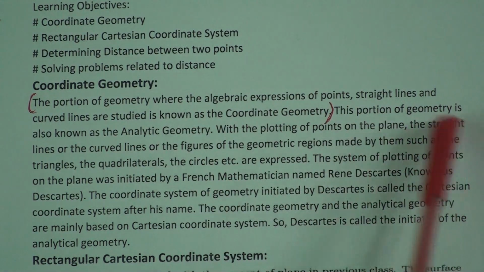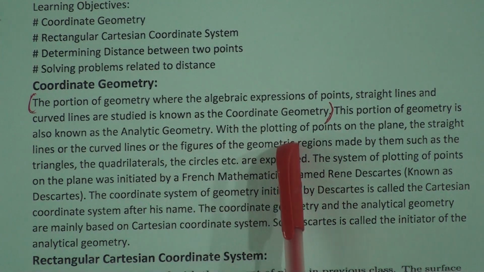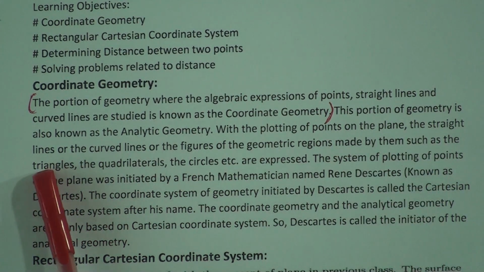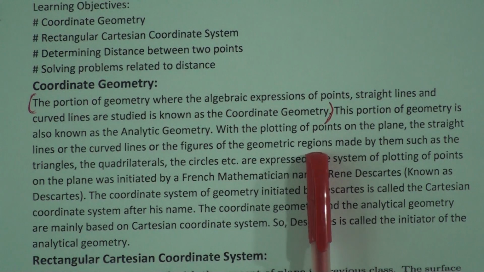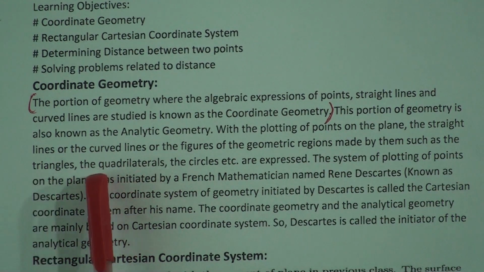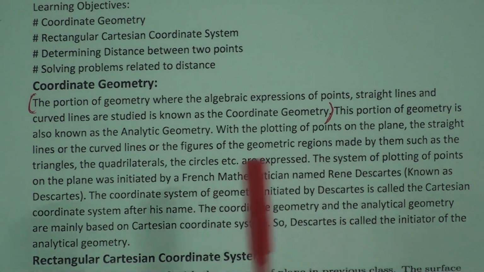This portion of geometry is also known as analytic geometry, where the plotting of points on the plane, the straight lines or the curved lines, or the figures of the geometric regions made by them, such as the triangles, the quadrilaterals, the circles, etc. are expressed. It means if we put the points on a plane and then join the points, we may get different figures